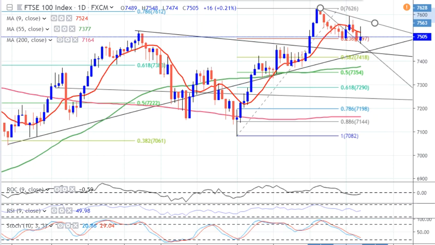The weekly charts look not great, I have to say, on the indicators, but as I always say, price is paramount. We had a lower close on Friday than on the weekly chart, so that's not looking too good. You've got the 9-day moving average coming in at 75.24. You know this level here on Friday, Friday's high